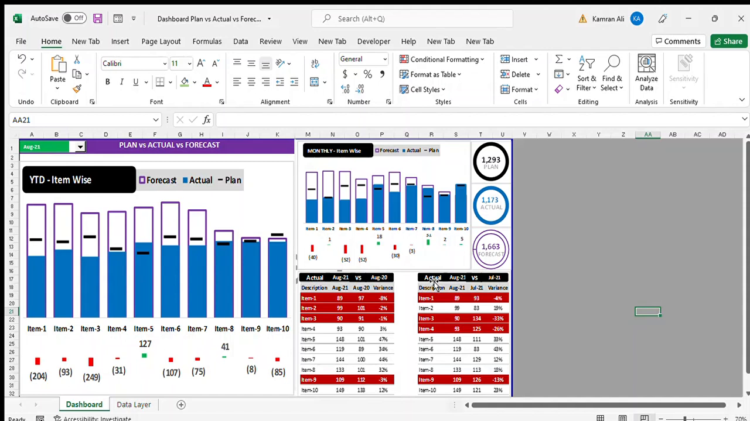Similarly, there is the actual variance of the month versus the actual of the previous month. So like if you select from there October,